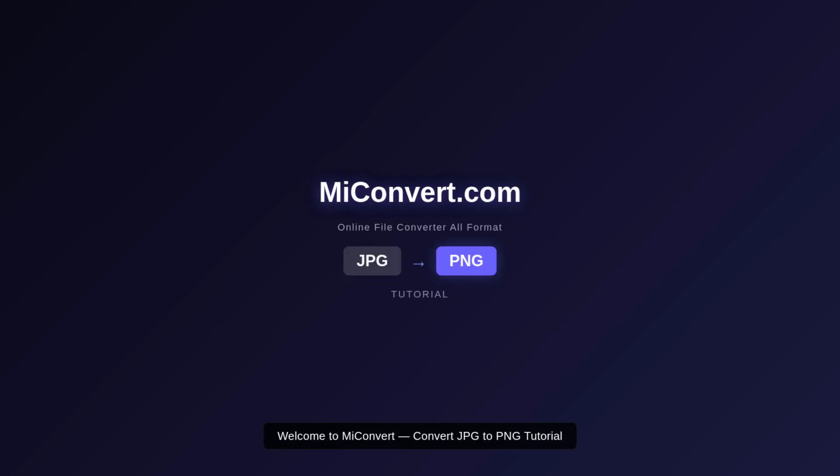Welcome to MiConvert. In this tutorial, I'll show you how to convert JPG files to PNG format, completely free and